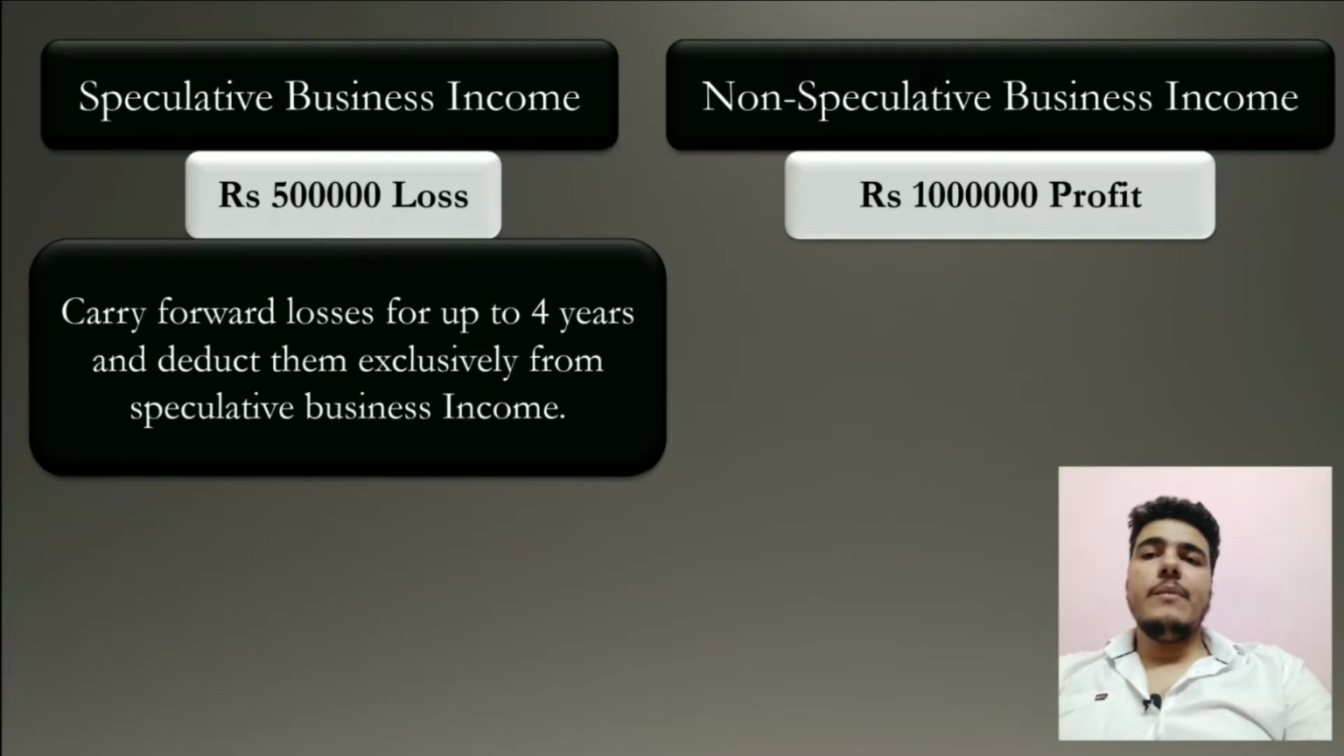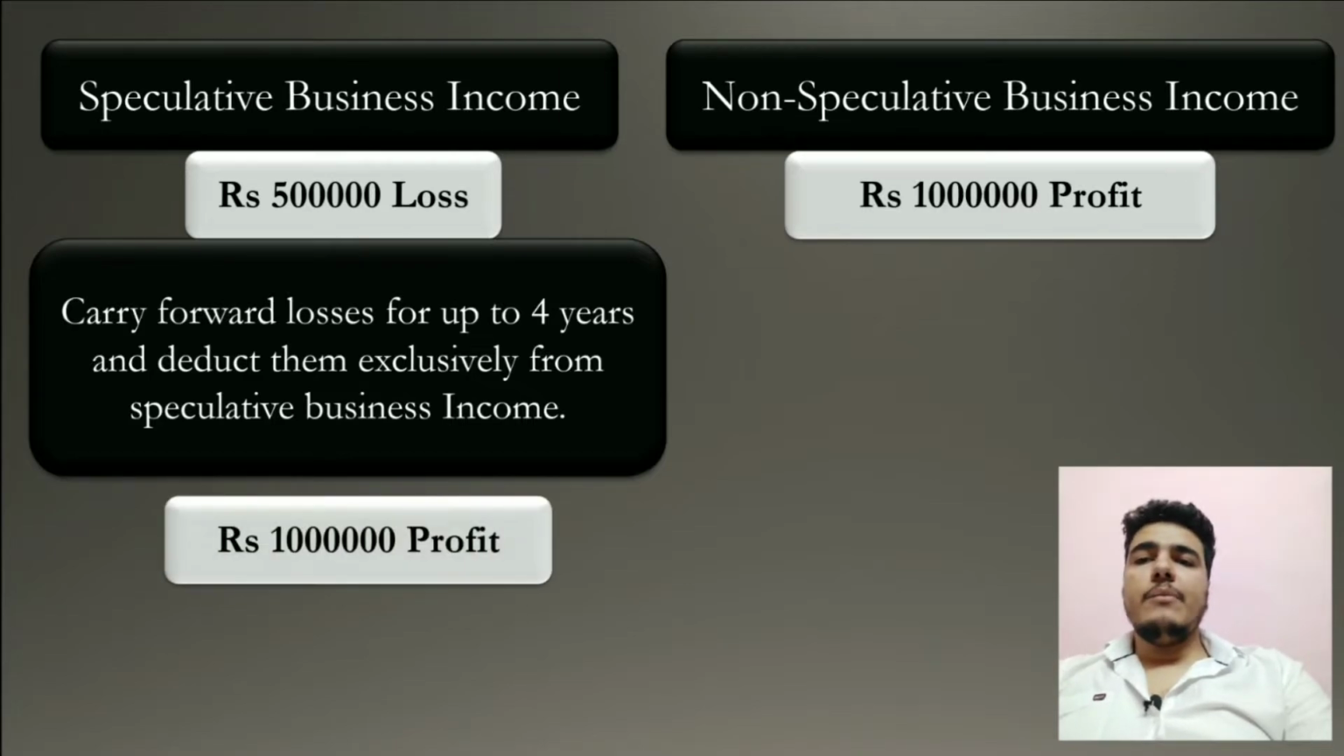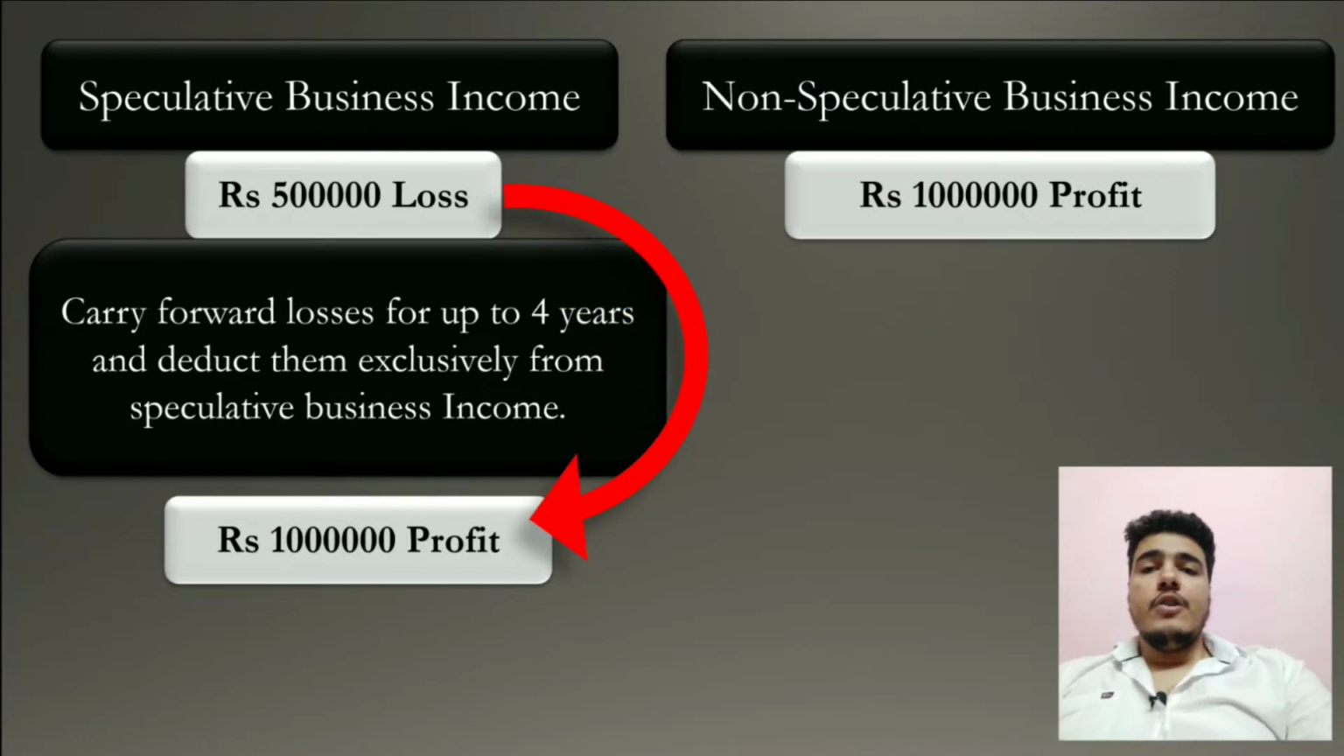Okay, for example, next year you have profits from speculative business of rupees 10 lakh. Then you can set off the loss and say you have only 5 lakh profit, because you can set off speculative business loss from speculative business income only, and you can carry it forward up to 4 years, and in future years too you have to set off